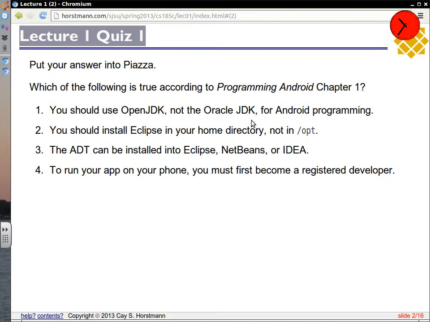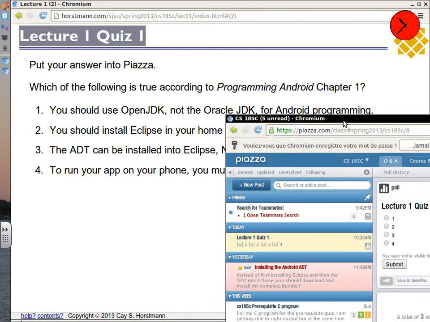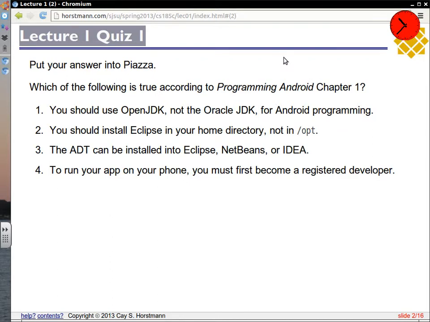Choose that. If you could log into Piazza and answer, and also look up this question here on today's lecture note and put in your answer real quick.